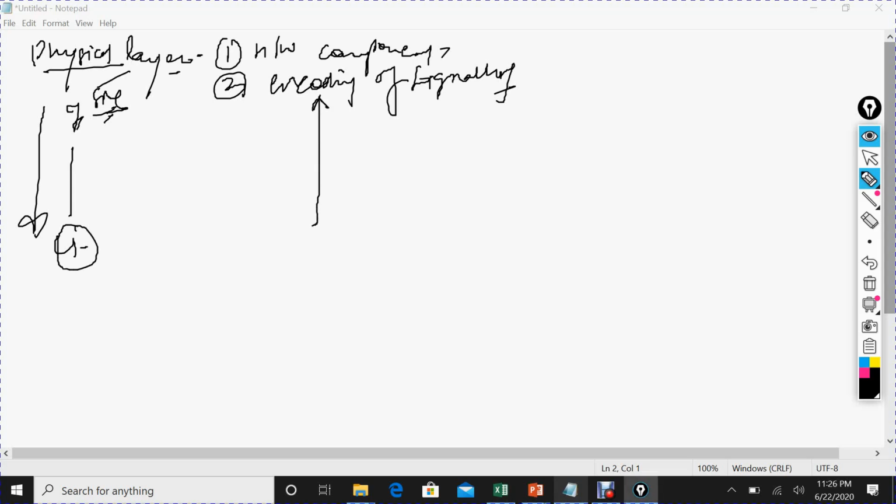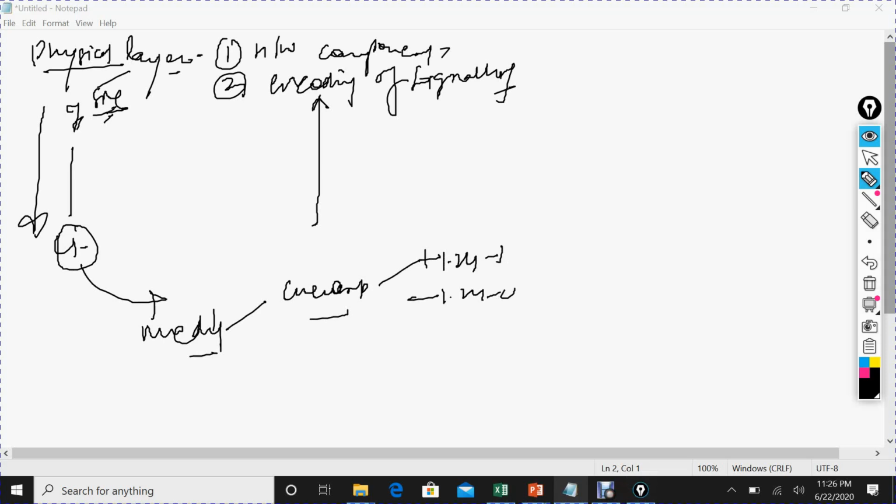After the network layer, you need to decide on the basis of the media. Let's suppose the media uses current. On the basis of current, let's suppose plus 1.24 volt is converted into 1, minus 1.24 volt is converted into 0, because finally we need to convert it into bits.